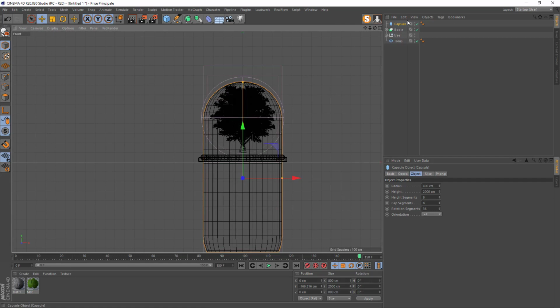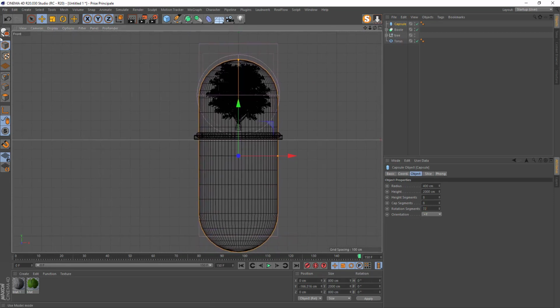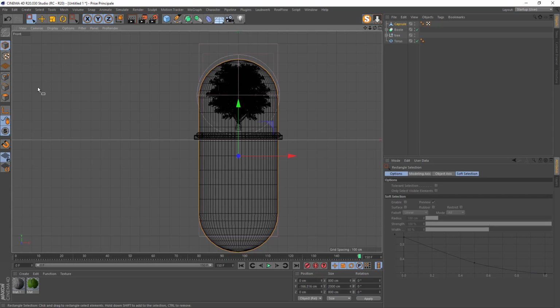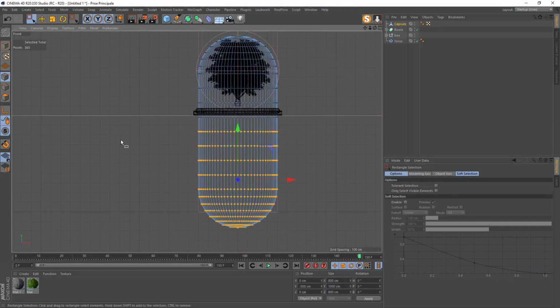So go to capsule. You can add some segments, so add 22 rotation segments here. Make it editable. Take rectangle selection. Go to point selection. Make sure only select visible elements is unchecked, like that. And select all the points like this one.